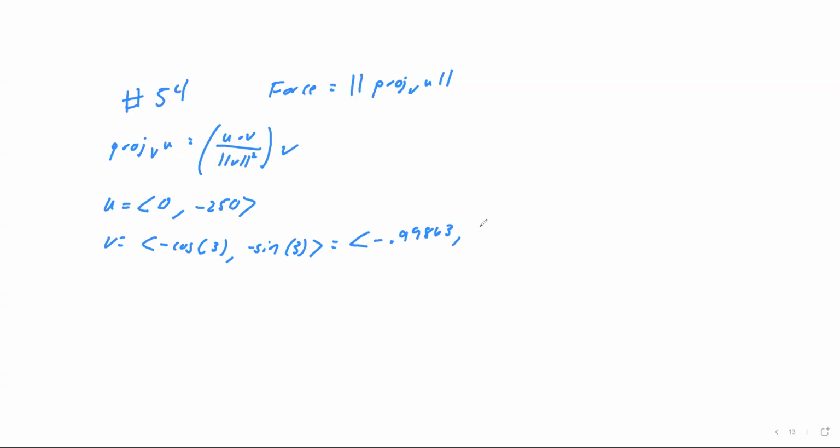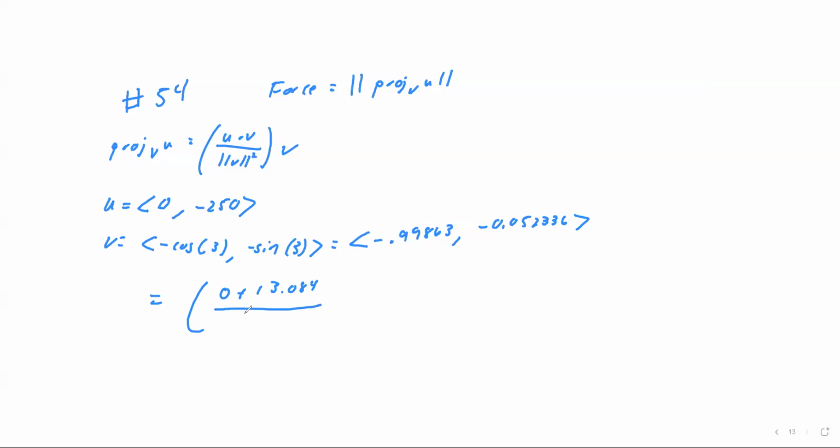And that would give you negative 0.052336. All right, so now that we have all this, let's find the projection. That's going to be u dot v. So that's going to be 0 times this guy, which is 0, plus negative 250 times that. So I'm going to go back to my calculator. I'm going to multiply by negative 250, and I actually get